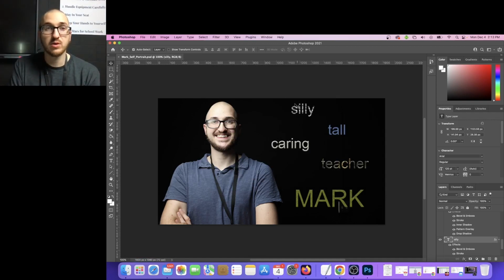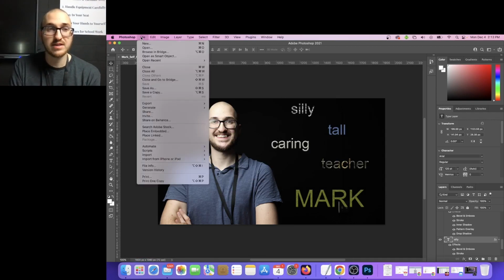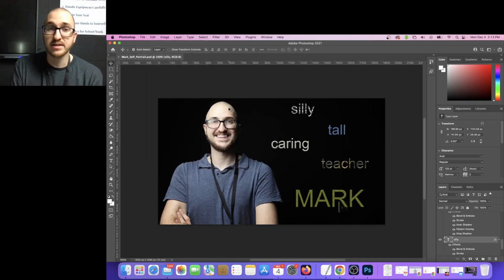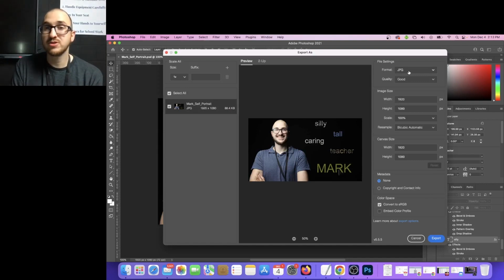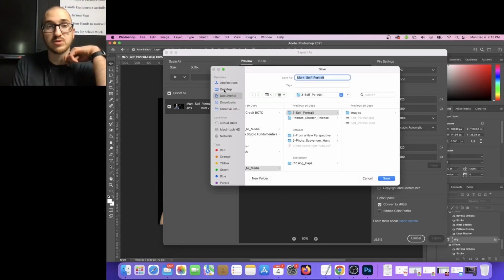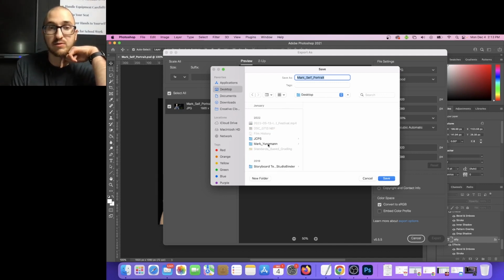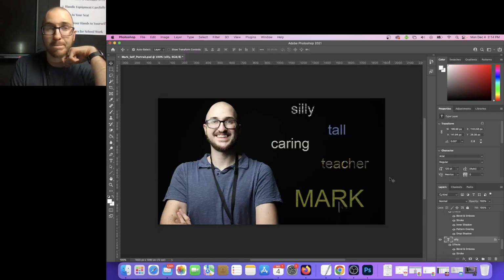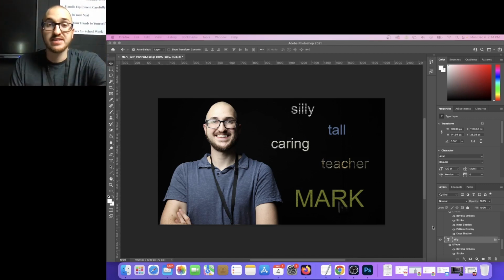Lastly, we're going to go up to File at the top, go down to Export, select Export As, and we'll make sure that we have this set to JPG or JPEG. Then we're going to click on Export. We'll go to Desktop, find our folder with our name on it, go to Self-Portrait, and we will select Save one more time. After we export our photos as a JPG file, we're going to want to submit our assignment